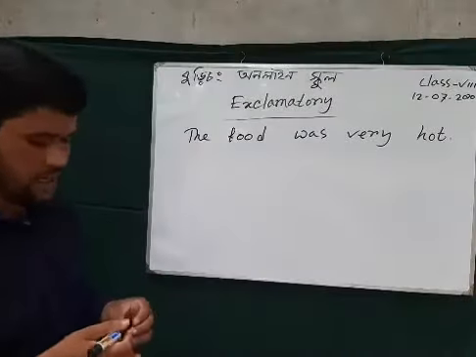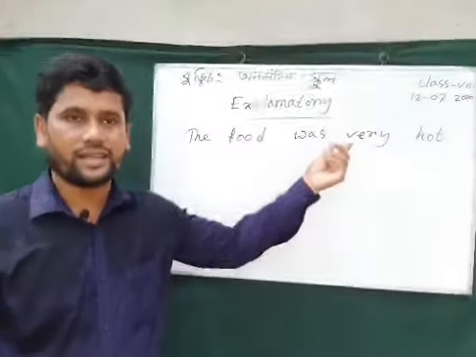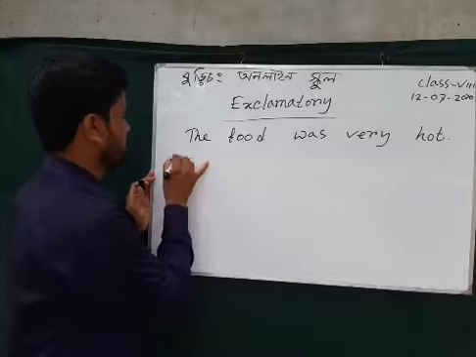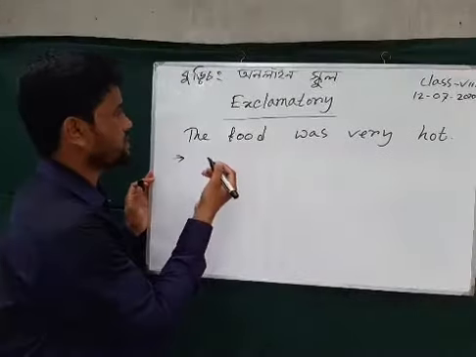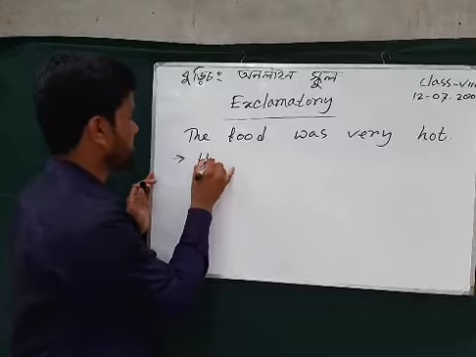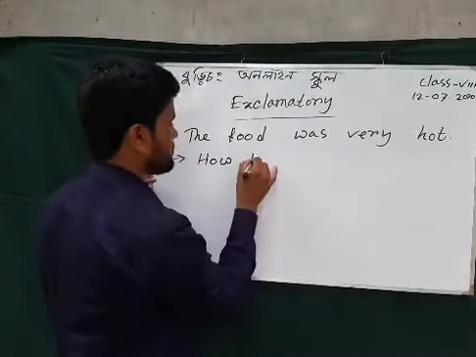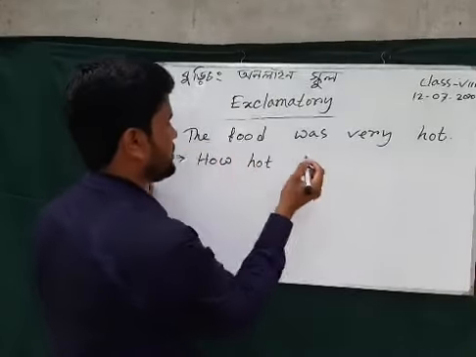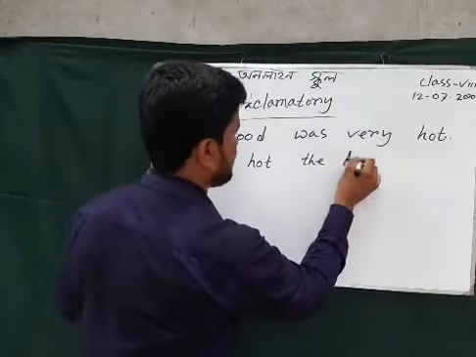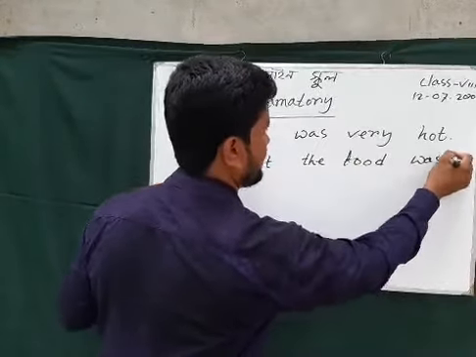So here we find very, but there is no article a or an. So first we can change the sentence. At first we need to use how, then follows the adjective, how hot, then you know the subject and the verb should be set at the end